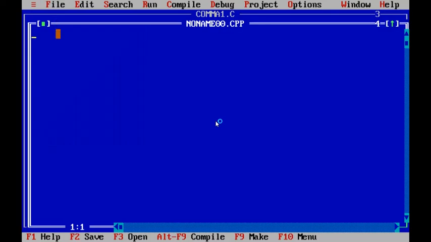We will type the program: #include <stdio.h>, int main, int x = 10. The x value is assigned as 10. int y = x++, post incrementing the x variable, comma, pre incrementing the x value.